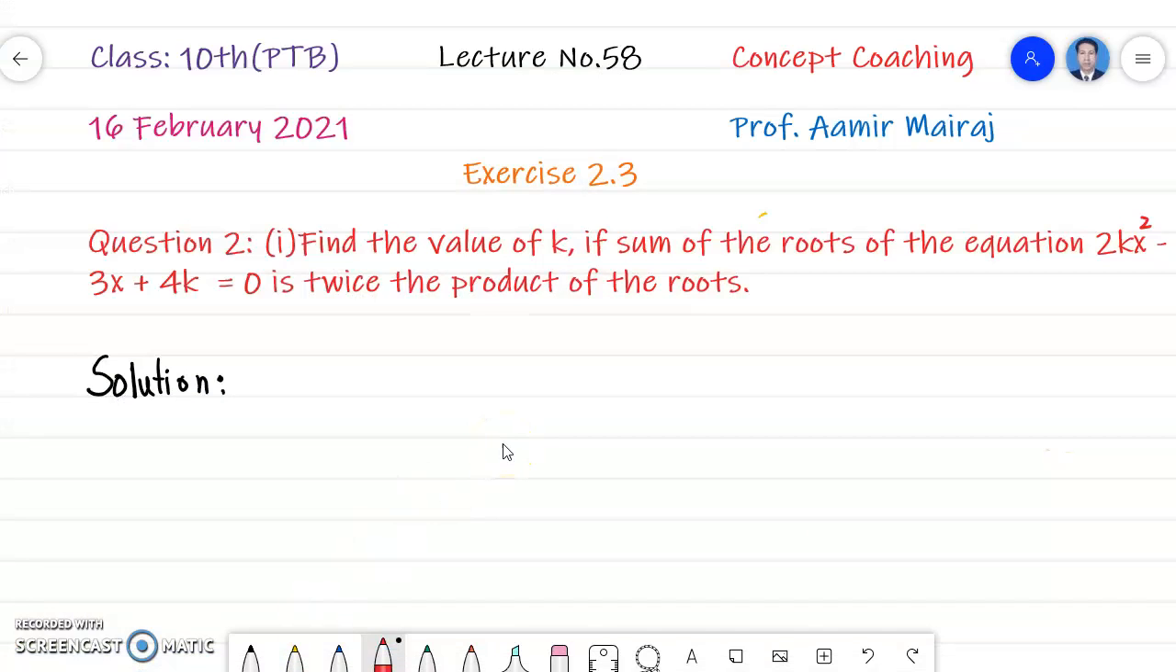Viewers, ये लेक्चर नंबर 58 है और पंजाब टेक्स्ट बुक बोर्ड का क्लास 10 का मैथमेटिक्स हम सॉल्व कर रहे हैं। तो आज हम एक्सरसाइज 2.3 का क्वेश्चन नंबर 2 सॉल्व करने हैं। क्वेश्चन ये है कि find the value of k if sum of the roots of the equation 2kx square minus 3x plus 4k equal to 0 is twice the product of roots। तो आइए इसे सॉल्व करते हैं।